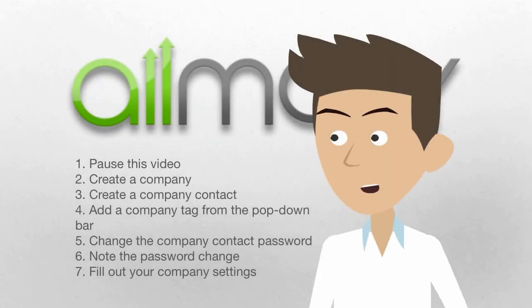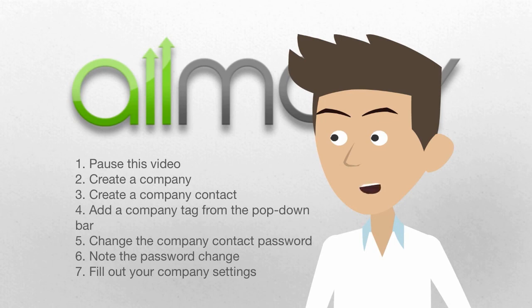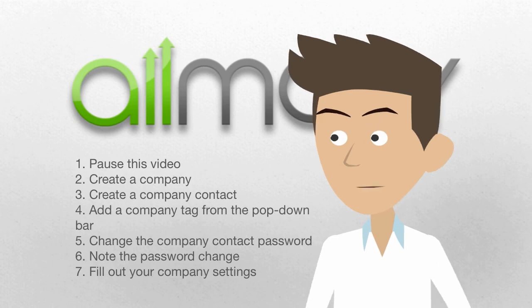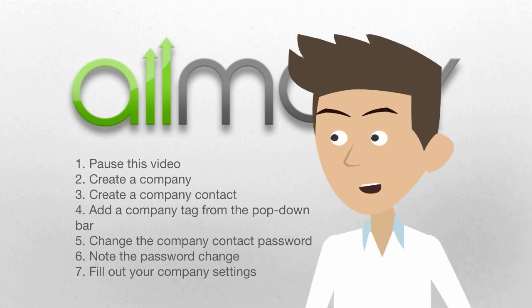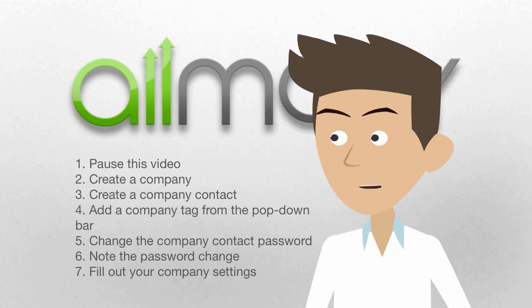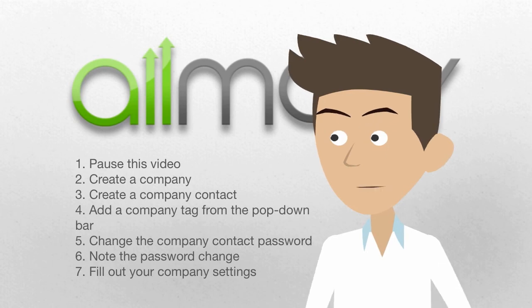Okay, now it's your turn. Pause this video, manually create a new fake company. Manually create a fake company contact and put them inside that company. Go to the company's page and find the company. Hover over the company and add a tag from the pop-down bar. Change the password for the company contact. Make a note on the company page about the password change. Find your company and fill out all the information, including the company permissions,